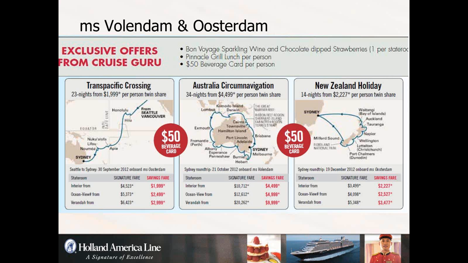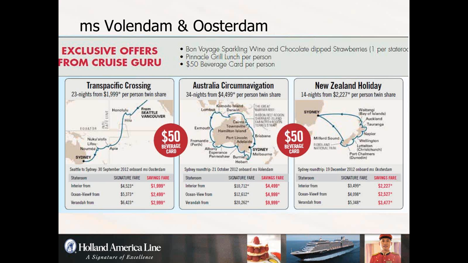Alternatively, on the Volendam in October of this year, you could do the circumnavigation of Australia. These circumnavigations are proving immensely popular nowadays. This actually sails in an anti-clockwise direction, sailing from Sydney up the east coast, taking in Brisbane, Hamilton Island, Townsville, Cairns, across the top into Darwin before heading up into Indonesia, and then down through the west coast, and ultimately across the south and into Tasmania before returning back into Sydney. That is a 34-night duration for just $4,499